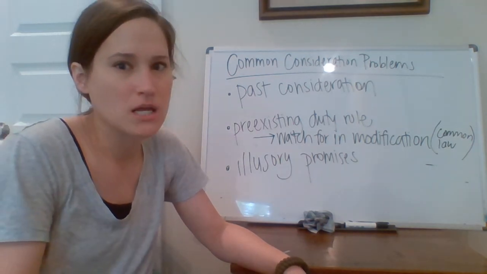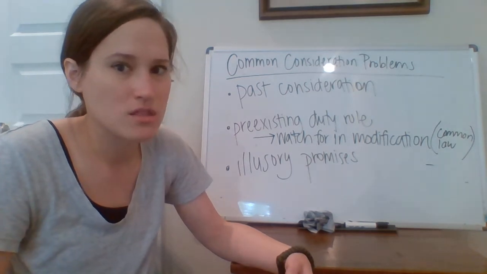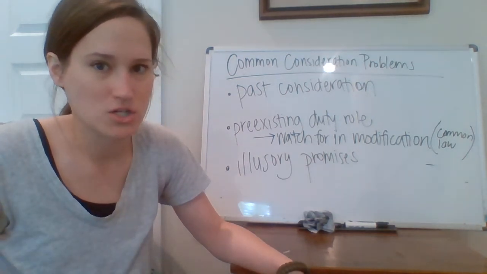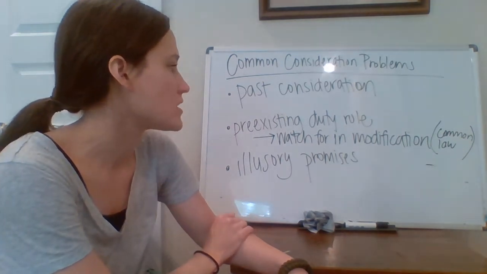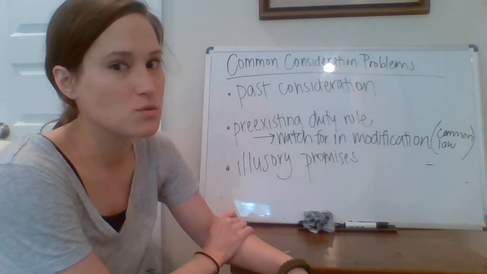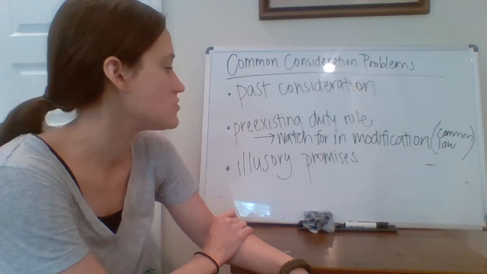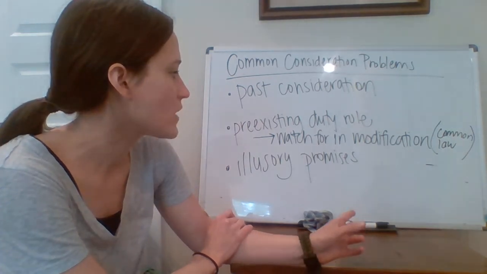That payment of money is not really getting you anything that I wasn't already obligated to do. So those are common examples of the pre-existing duty rule. Now, one place where you really need to watch out for pre-existing duty rule problems is whenever you're dealing with